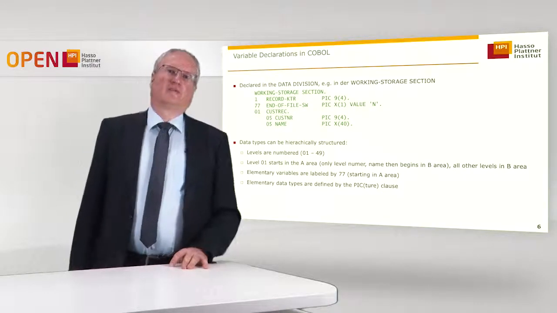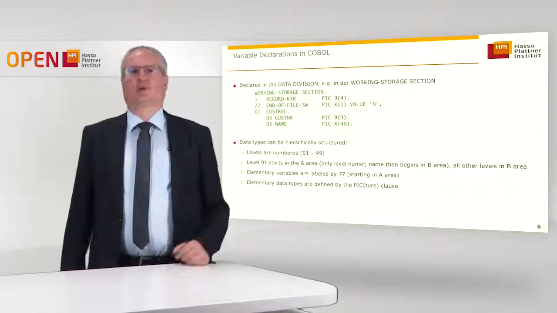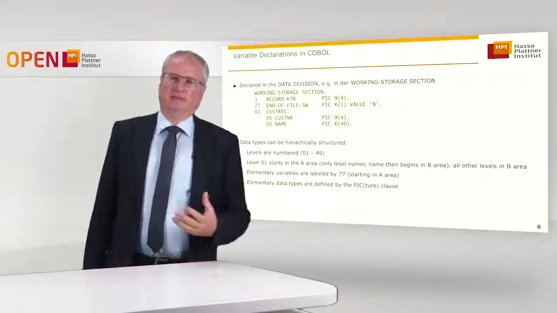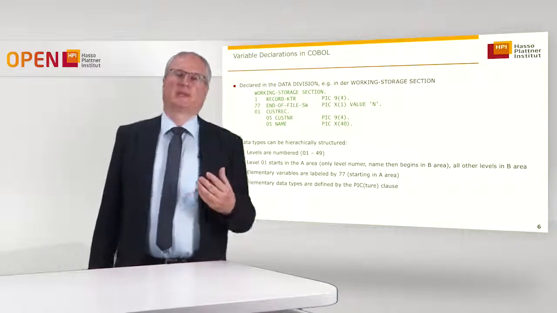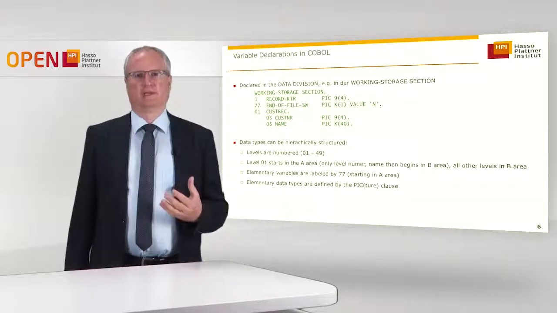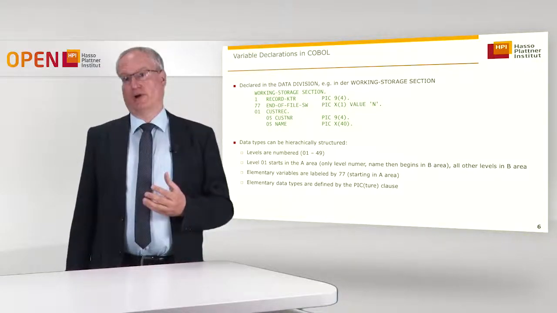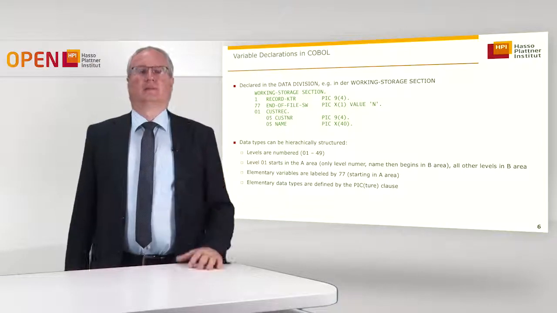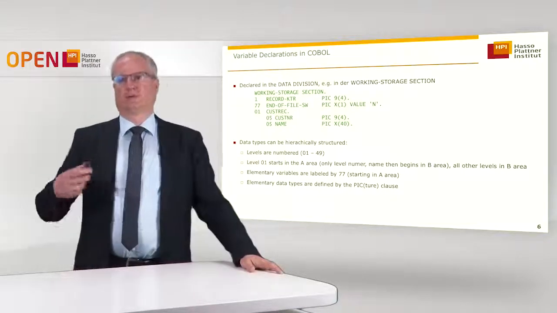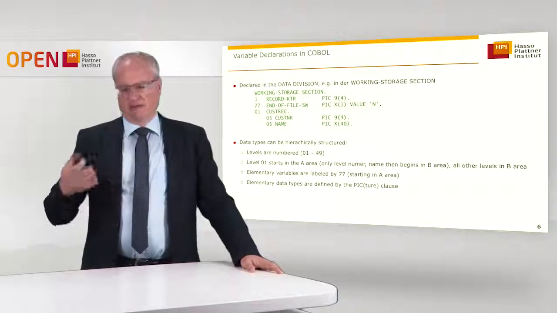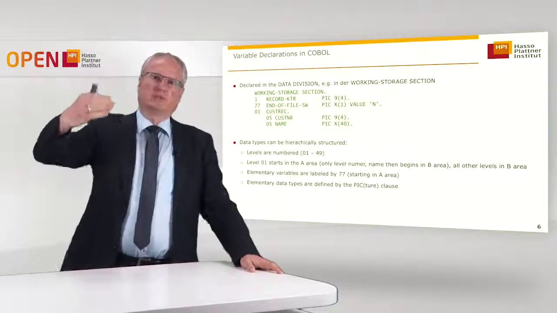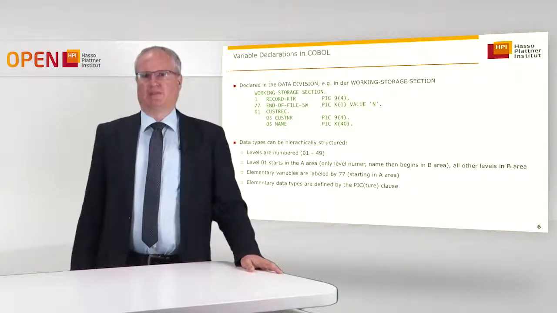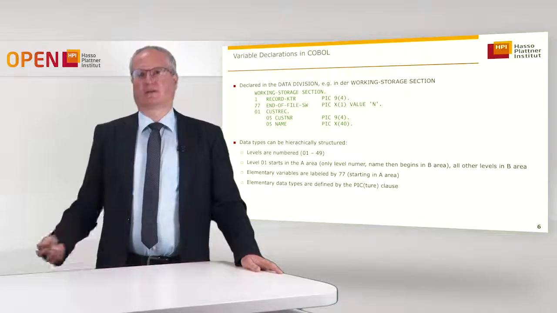Let's have a closer look at variables. The first thing that we see also in the program on the previous slide is that all the variables are declared in the data division, and this means that there are only global variables. COBOL does not have the idea of local variables, no parameters and things like that. So the only way of structuring a COBOL program is to have sections and paragraphs in the procedure division that can be jumped to, so it's like a jump label, but not a real procedure with a local storage or stack. Recursion is also not possible.